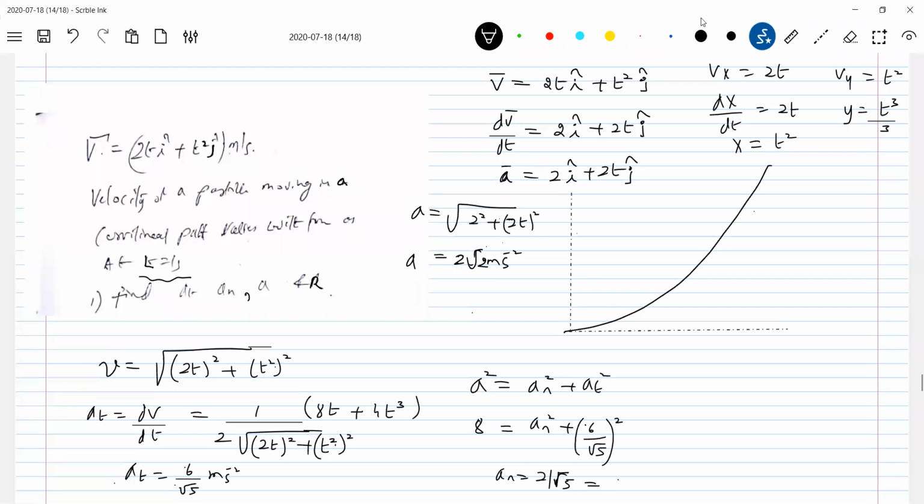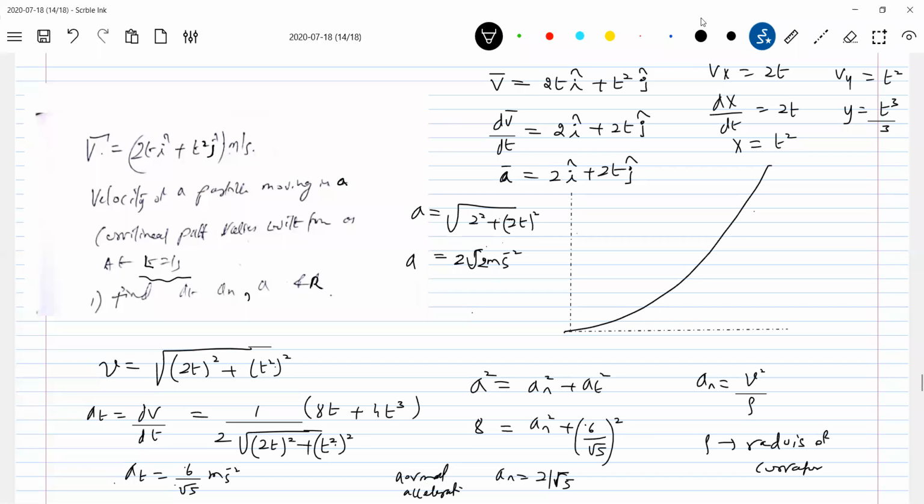This is the normal acceleration. Okay, we got a n. How to get the radius of curvature? At t equal to 1 second, we'll calculate the speed. At t equal to 1 second, what is the speed? And how are all these quantities related? There's a symbol for radius of curvature. Can you remember something, rho? What is rho? Radius of curvature.